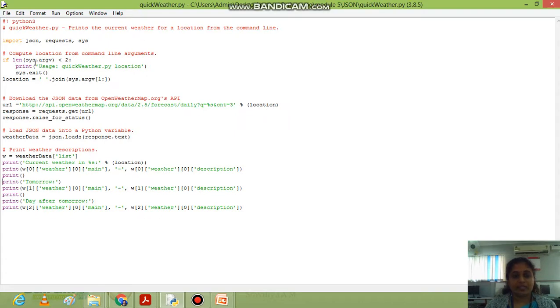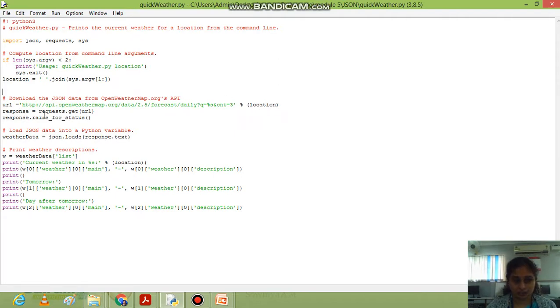If len(sys.argv) is less than 2, print the usage, quickWeather.py location, and sys.exit. If this condition is false, then the data from the command line argument is saved in location. Then the link for OpenWeatherMap with the API is opened and concatenated with the location in url.